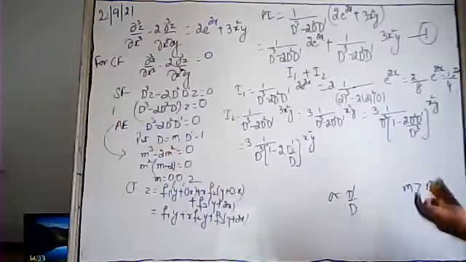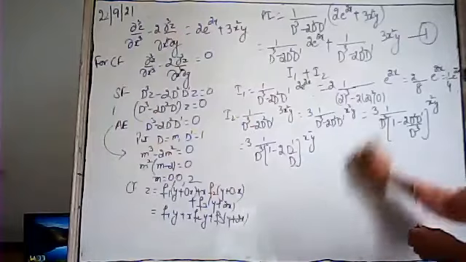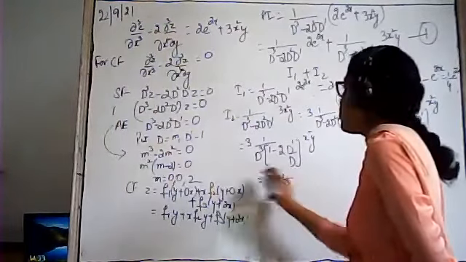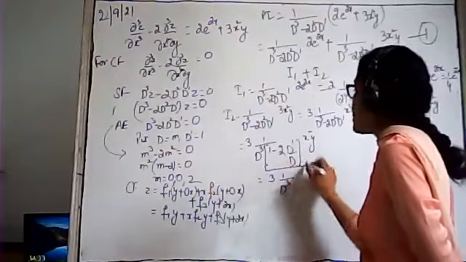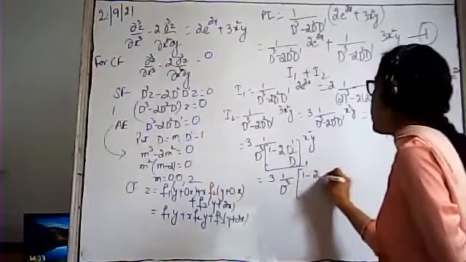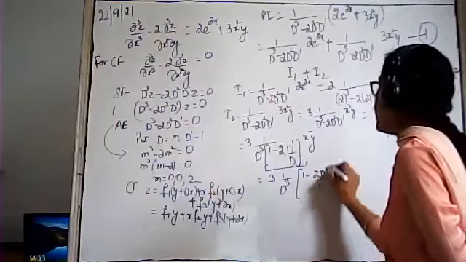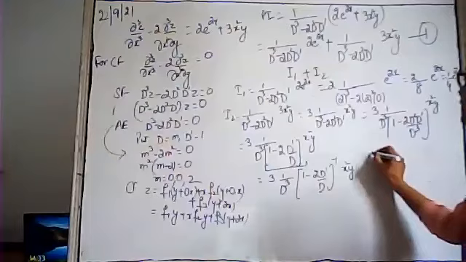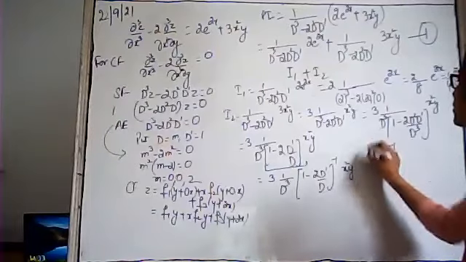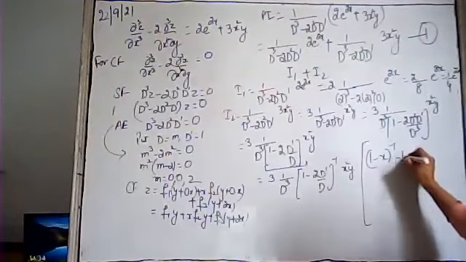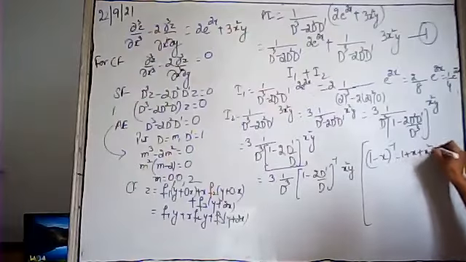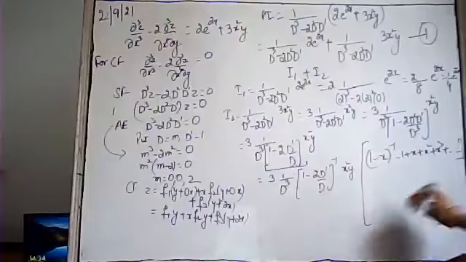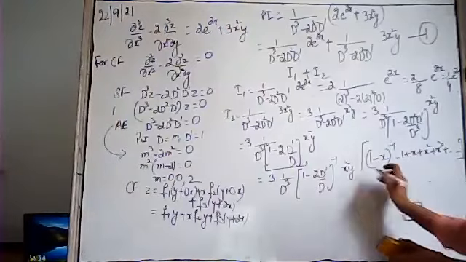So after that, we have to take this denominator and the numerator. So it will be 3, 1 upon D cube will remain as it is. Take this term in the numerator, you will get 1 minus 2D dash upon D raised to the power minus 1 into x square 1. Binomial expansion, yaad hai? 1 minus x raised to the power minus 1 will be 1 plus x plus x square plus x cube and so on up to infinity. This is the binomial expansion of 1 minus x raised to the power minus 1.